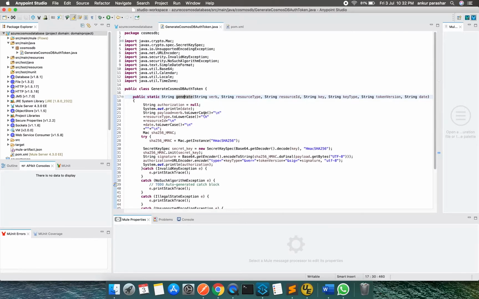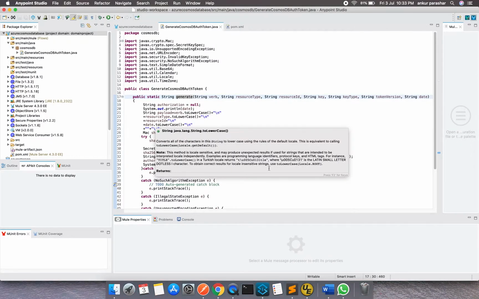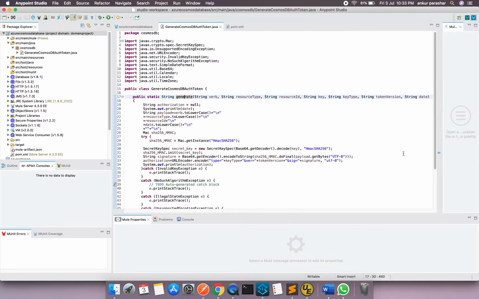What it is doing: authorization, we are setting it to null. We are converting the verb, which could be post, get, or delete, into lowercase. After that, we are adding the resource type, ID, and date on top of it, and converting it using the SHA-256 HMAC MAC.